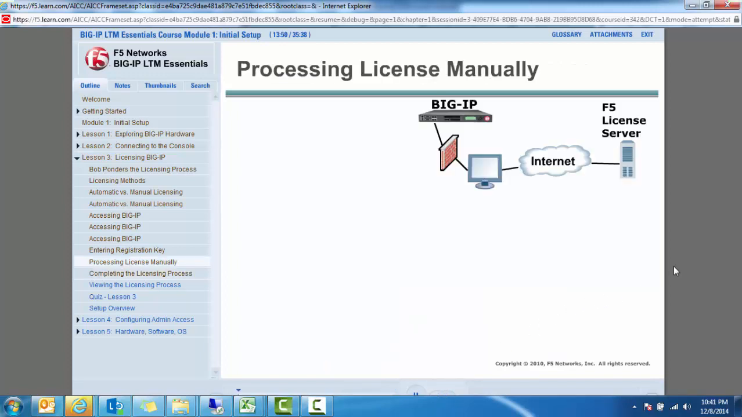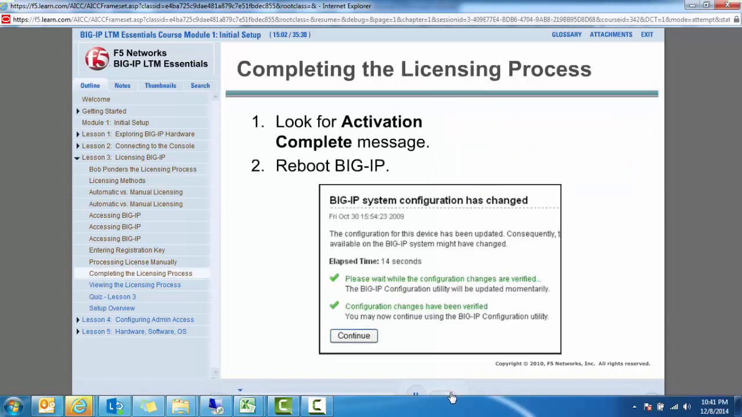When you select the manual method, BigIP builds a dossier and displays it in the user interface. You then follow the steps that were outlined earlier. We'll go through them one more time, this time illustrating what happens in the Web Configuration utility. When the licensing process completes successfully, BigIP displays a Configuration